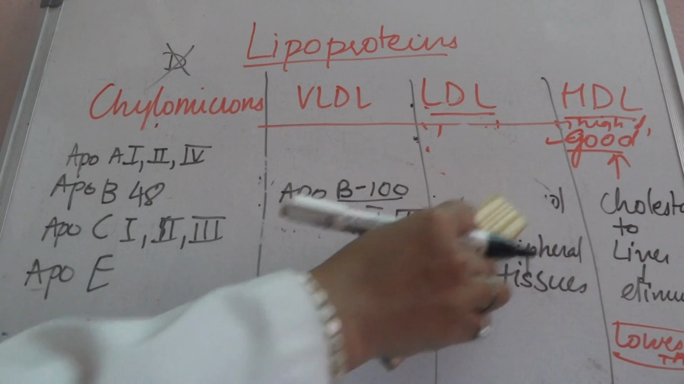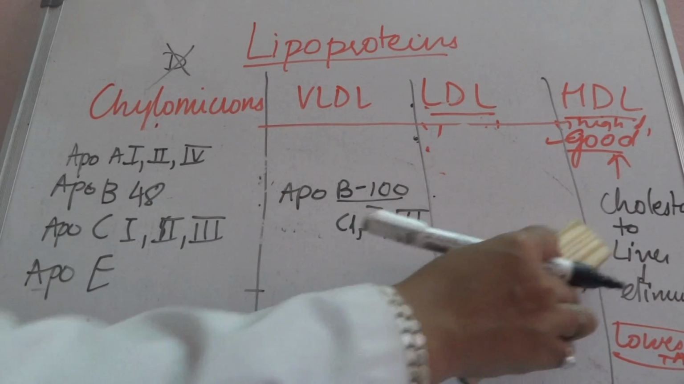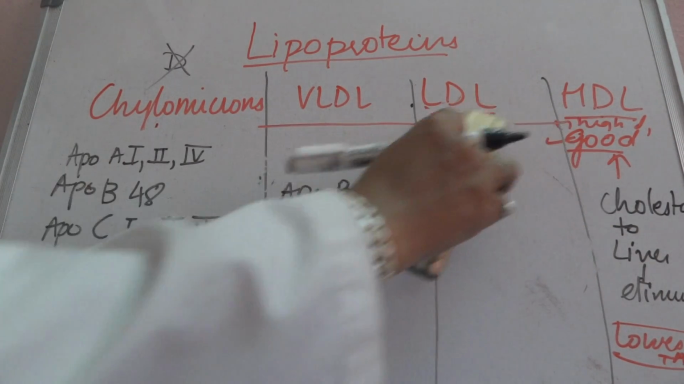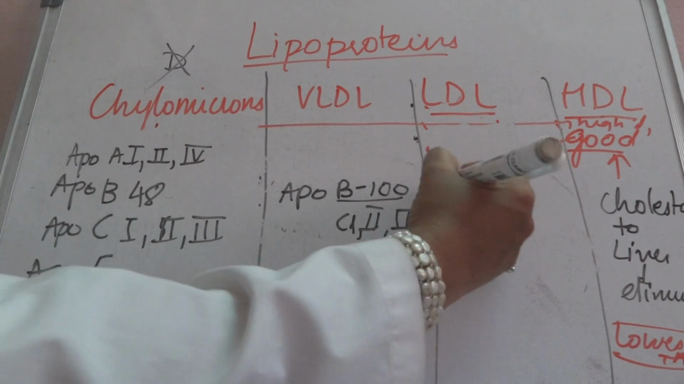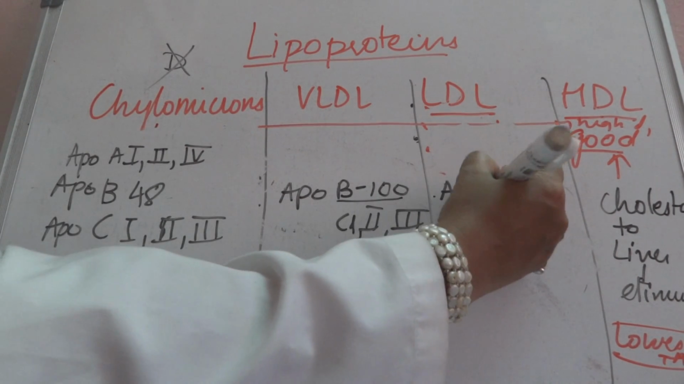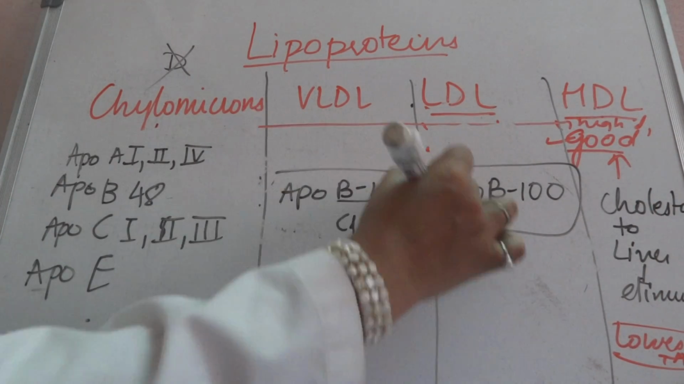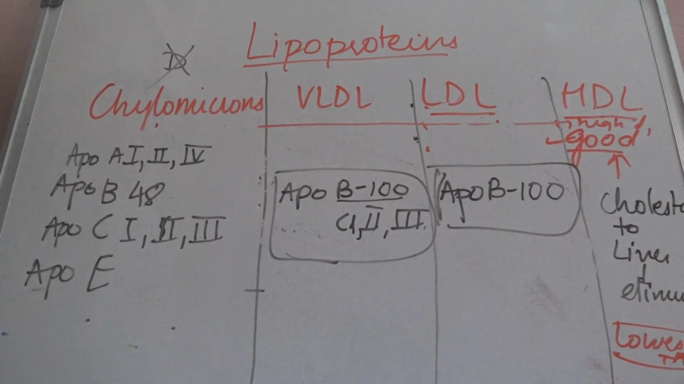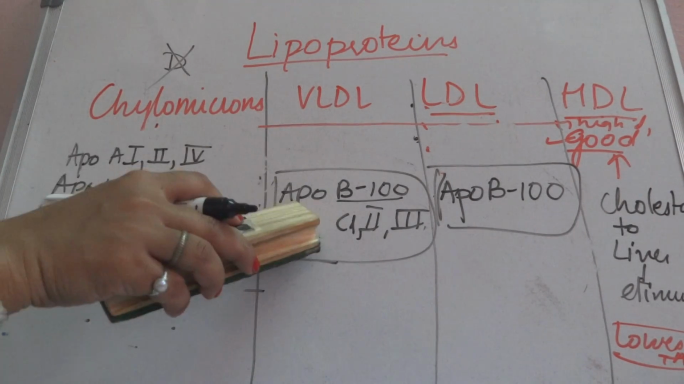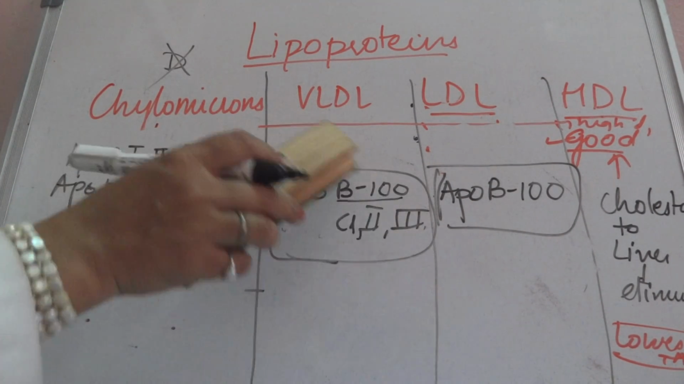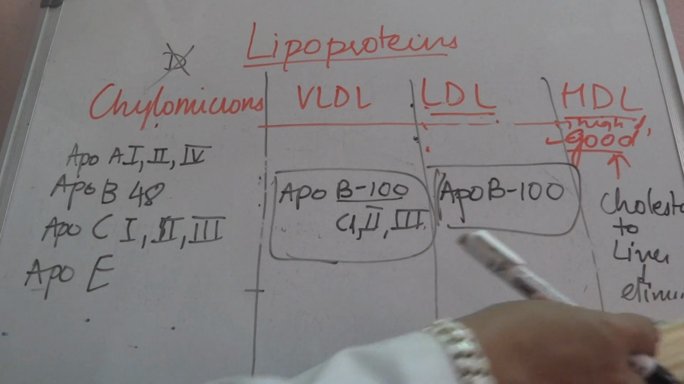LDL, the bad cholesterol, which transports cholesterol to the peripheral tissue, doesn't require anybody in this world except for apo B100. So it requires only apo B100. So these two are pretty easy to learn: apo B100, C1, C2, C3 in VLDL, and apo B100 in LDL. Now coming to the